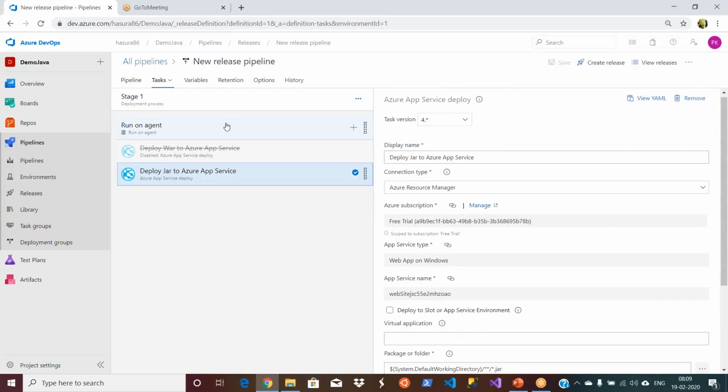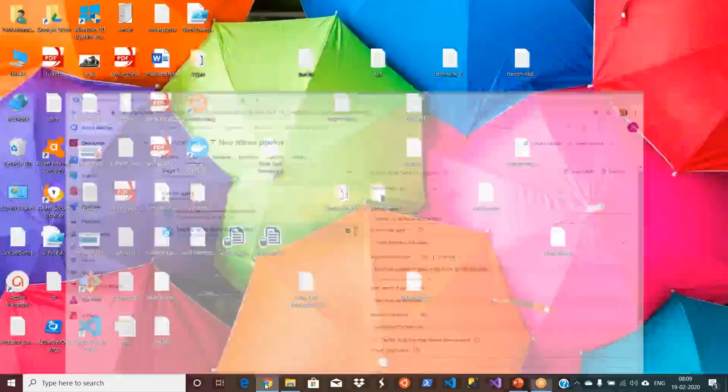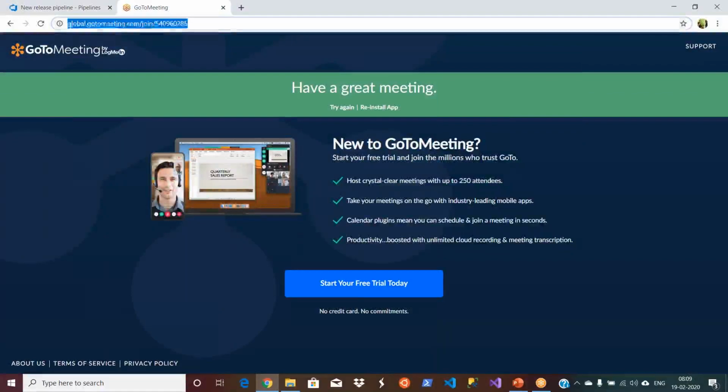Just to recap, what we are doing is we connected our build pipeline with GitHub, and we took some Java project that is available on GitHub and created the build pipeline. From that, we got some artifacts. This is a jar file, okay, and then we created a release pipeline. But this time we are going to deploy this Java app to the Azure App Service, and that app service we already created using our ARM templates, if you remember. So portal.azure.com.